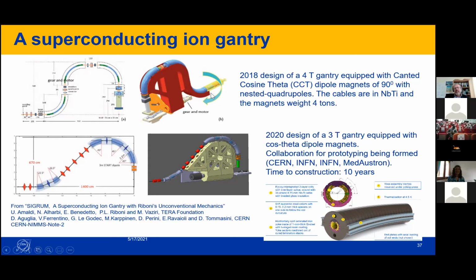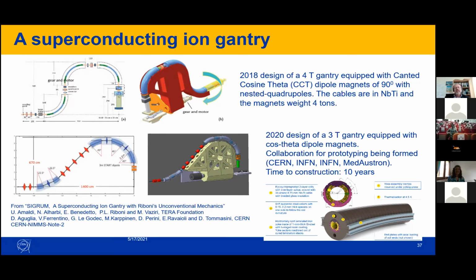However, canted cosine theta magnets require probably a few years for development. So the duration of these European projects is 4 years. So we just started. So we can hope only 4 years from now to have some prototypes of CCT magnets. This is why now